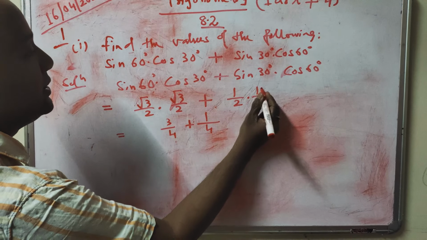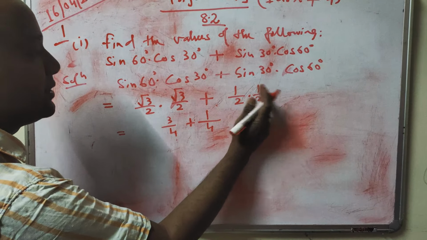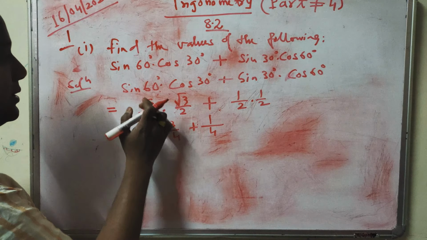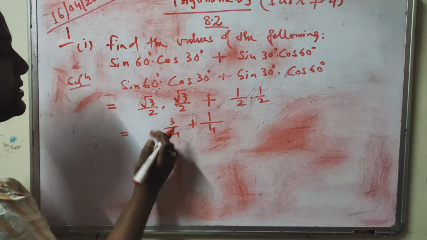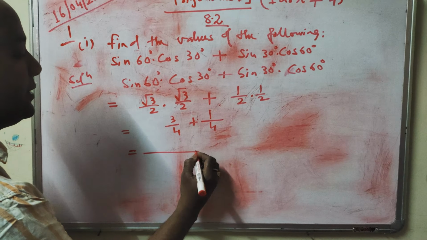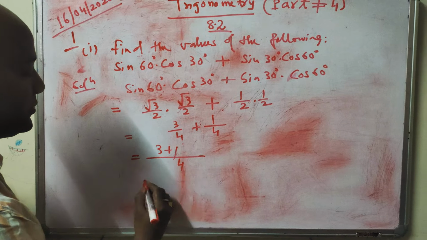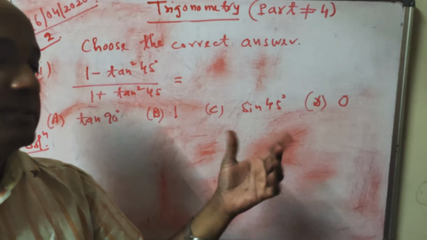See, it is multiplication, so either you cancel, or if it doesn't cancel out, then we have to multiply the denominator and the numerator. Root 3 into root 3 is square, that is 3. Now since this addition is there, we have to take LCM. 3 plus 1, that is 4 by 4. This is the value, the answer. Now from question 1, the remaining sums you can do yourself by putting the values and simplifying the sum.